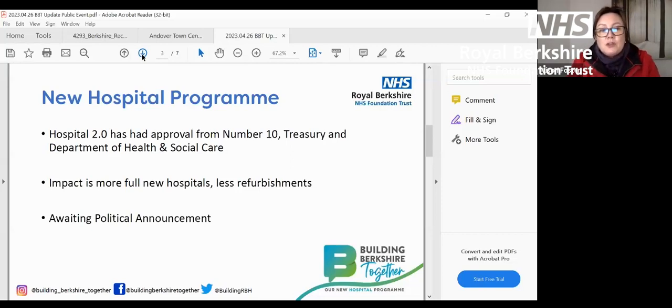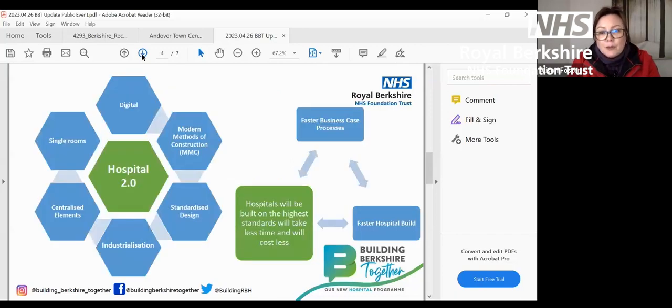And so do we know what's in the announcement? We don't know how much money, we don't know the details of the announcement. When the new hospital program team came to visit us, they did tell us that they had been going to make the case for Hospital 2.0, but it was a more expensive case initially. It will deliver savings and it will be a better way of doing things over years, but it will require additional investment upfront. And money is tight, and there are all sorts of reasons why people might not secure that sort of initial funding. But we're led to believe that that's been agreed,